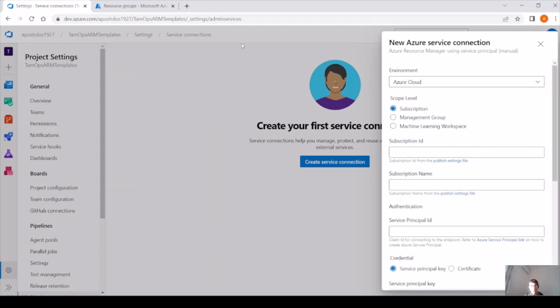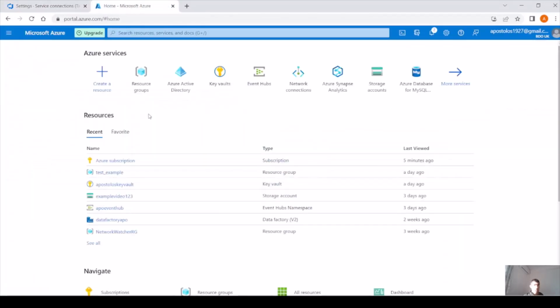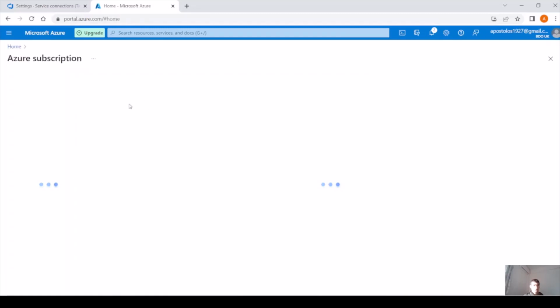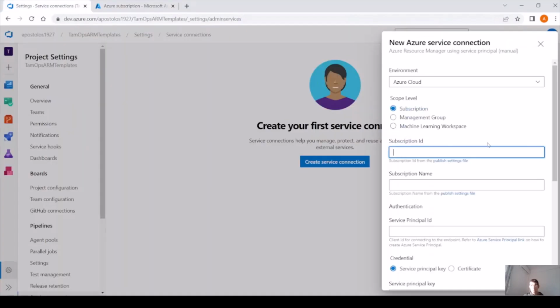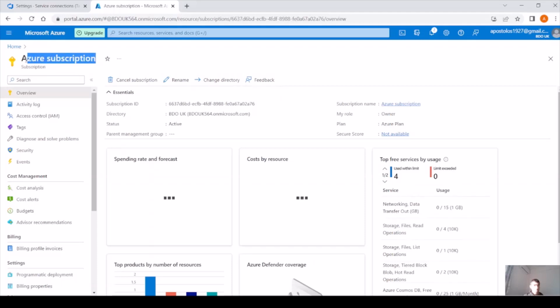Next, I have already created a service principal. Subscription ID, let me get the subscription ID, copy that, paste it here, subscription name, Azure subscription,